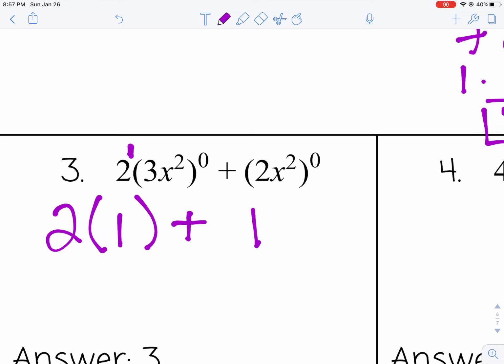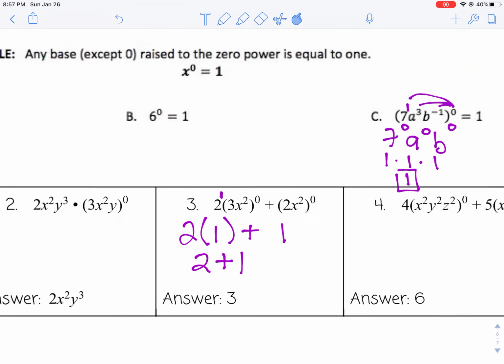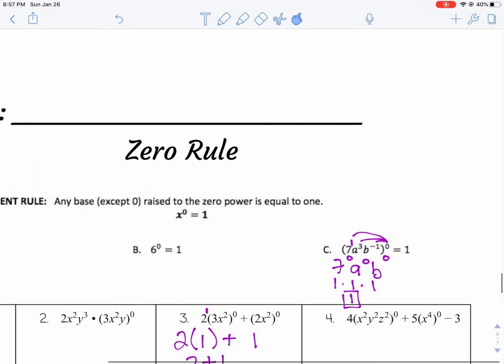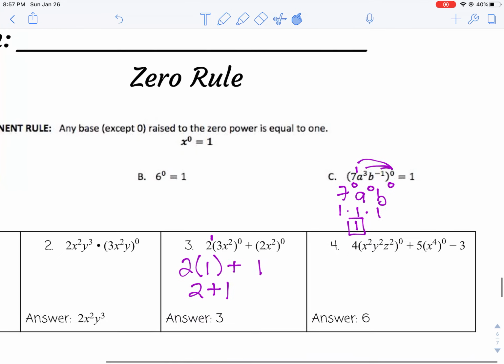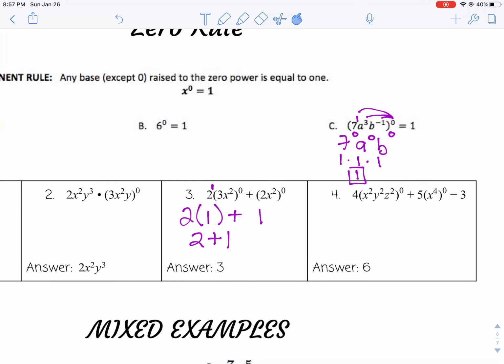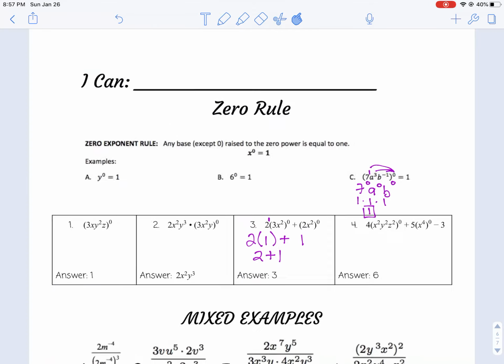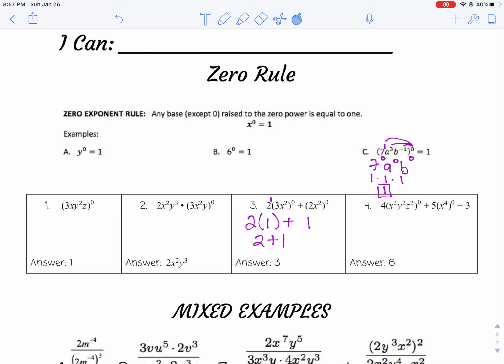Now this is just like a PEMDAS problem. You have to multiply 2 times 1, which gives you 2, and 2 plus 1 gives me 3, which is what we said. Okay, so be conscious of only multiplying those exponents to everything that's on the inside of those parentheses, all right? Look at the other 3, see if you can figure out